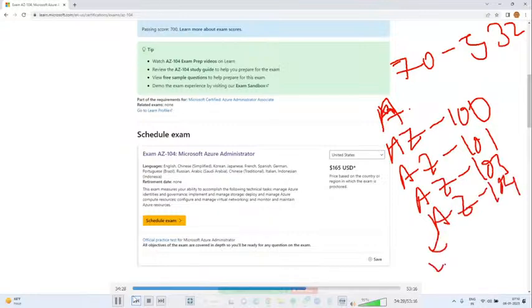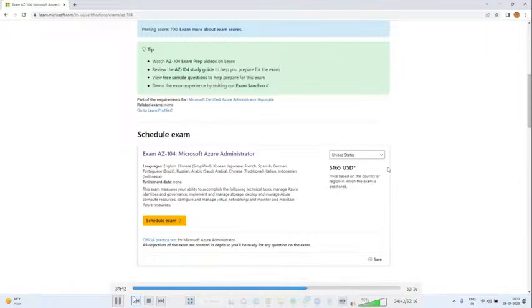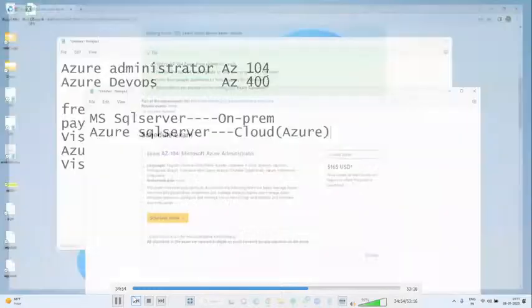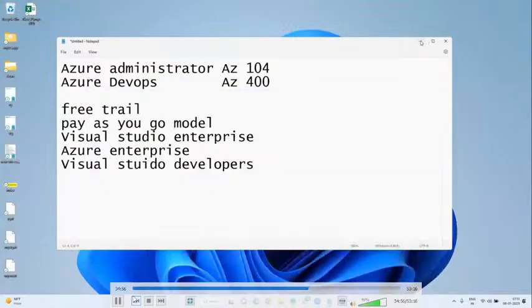These papers are valid for 2 to 3 years. You will get it on the certification itself. After that, you have to renew it and write another exam. Okay, yeah. So now all cloud services have changed. The validity of certification is only 2 to 3 years. That's it. Again, you have to renew it. Right. This is the Azure administrator story.